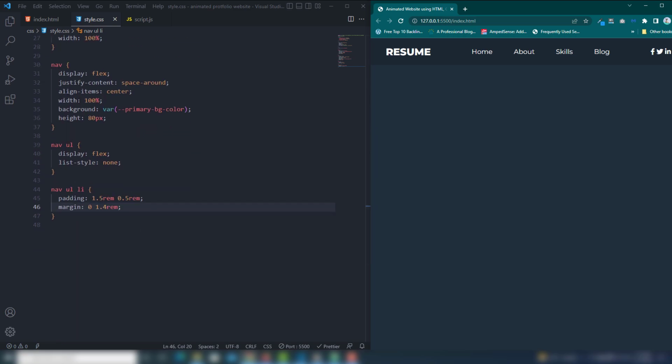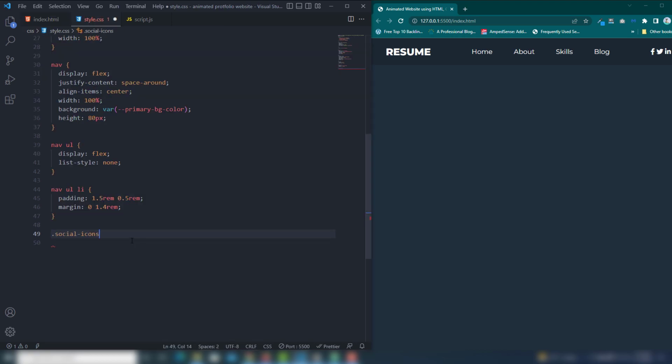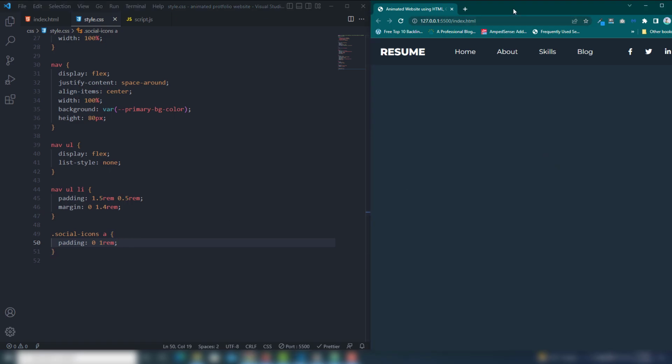Right, so this is our menu section, right? But also we need to manage the icons. So the icons, so I'm gonna check that social icons, call the social icons. Inside the social icon have anchor link, so you need to call the padding 0, left and right 1 rem, right? And we will work on the effect on later. This time we just need to know how we can manage that.